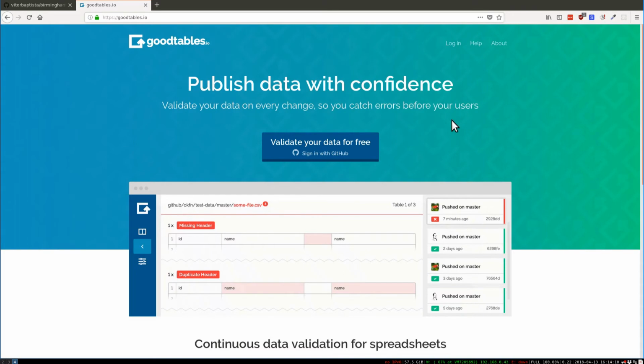Goodtables.io is a web service that allows you to continuously validate your data whenever it changes, so you know the state of the data, if it's valid or not, and whenever a failure happens, you will be the first to know. It can validate things like the structure of your data, if it's able to load your CSV or